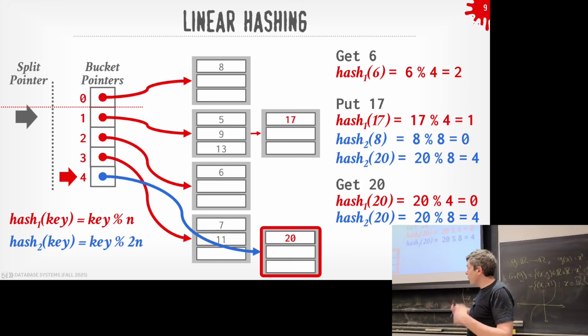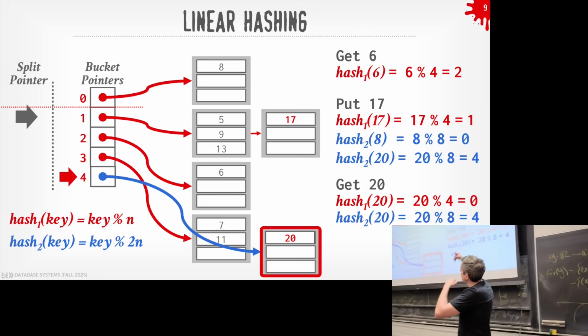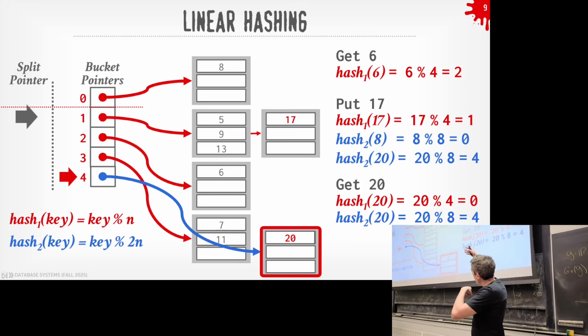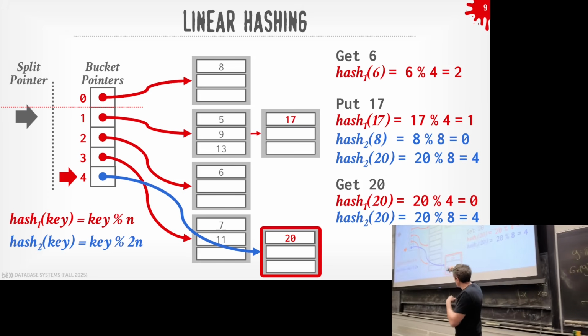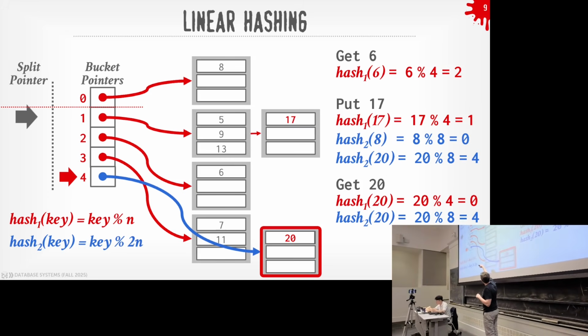Once the split pointer reaches 4, or past 3, I guess you now abandon hash 1. The statement is, and he's correct, that say I keep splitting because you keep having overflows, and I'm going to keep adding new entries to my bucket array up until I get to 7. And then at that point, the split pointer wraps back around to 0. I can throw away the first hash function, key mod n, and key mod 2n will be the new first hash function, and then I'll have key mod 4n after that.